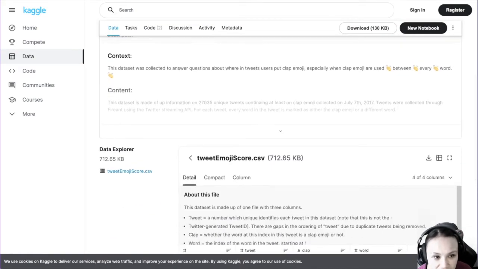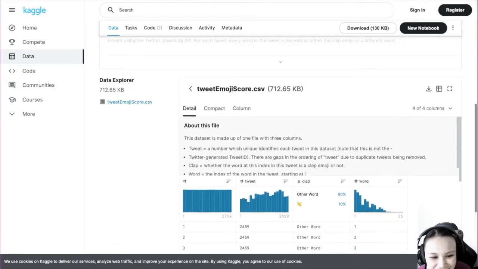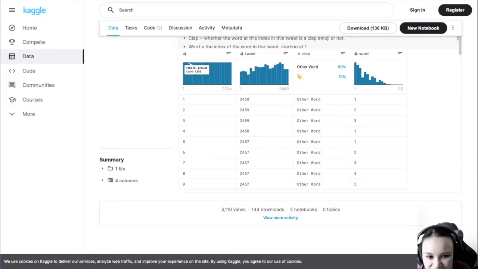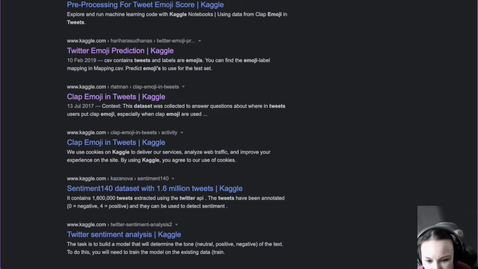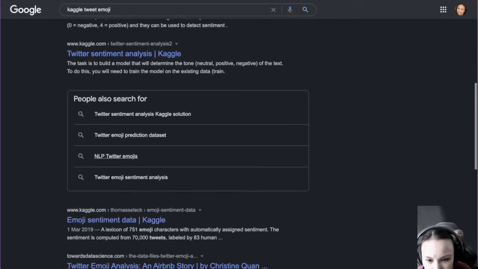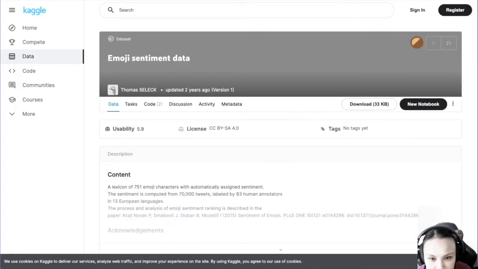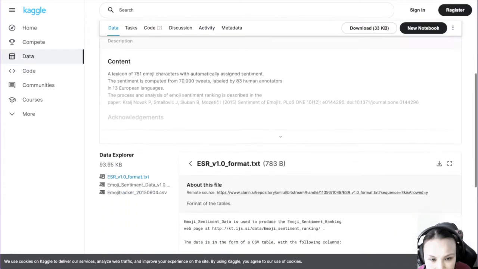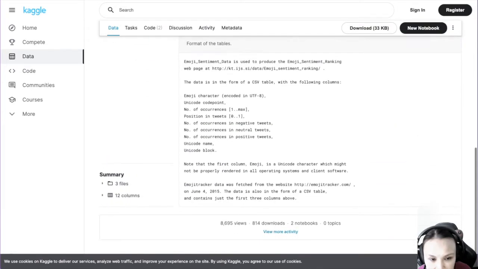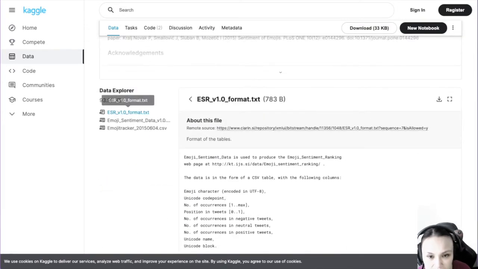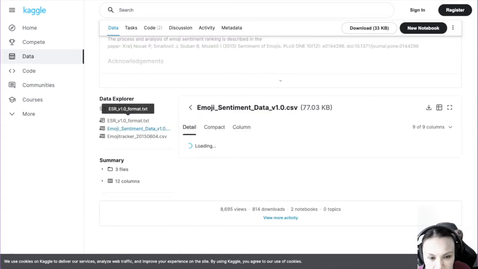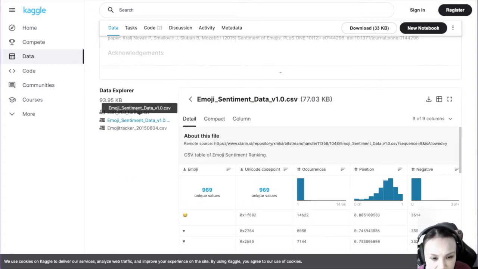Okay. Especially in clap emojis, use what? Okay, this is a bit creepy. Just questions about clap emoji. Okay. Emoji sentiment data. Okay, these are not so popular, not as popular as the one that we were looking at. I guess if it works, then we could see if someone